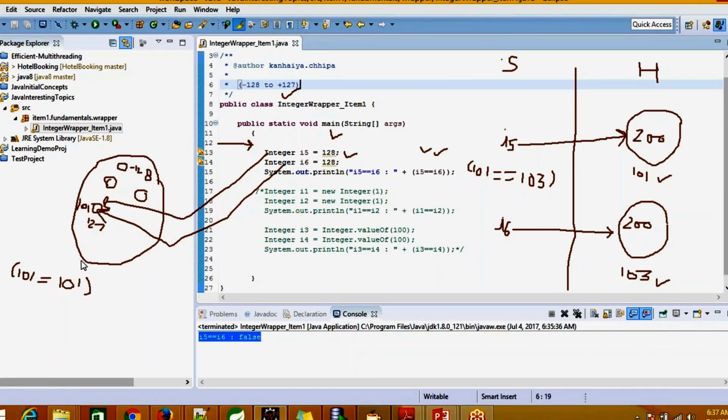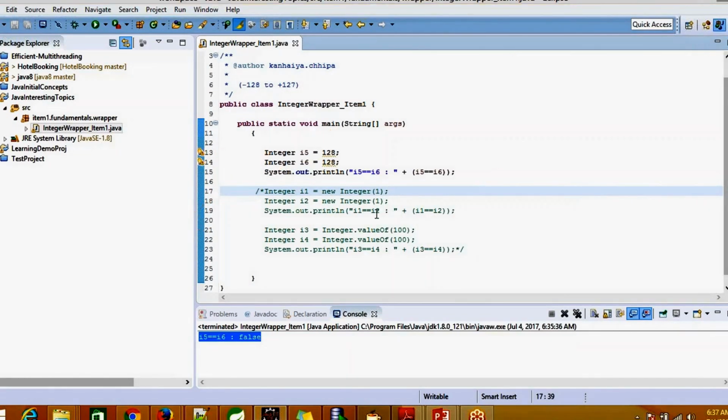So there is a lot of consumption of memory when the Java library would have done it for the integer values. That is why they think of considering the value boundaries from -128 to 127 only. Now moving on to the same concept with different facts. Let me introduce a few more facts now.